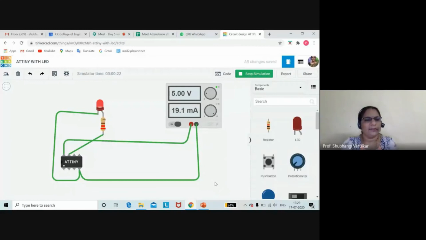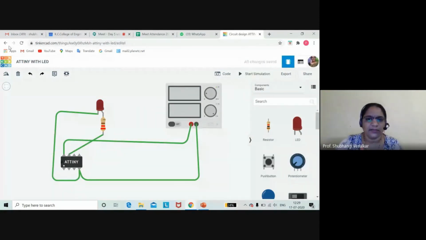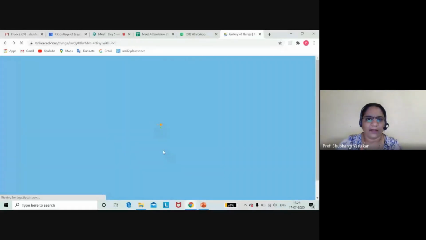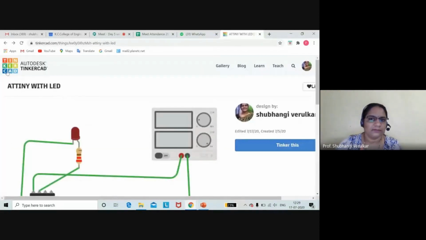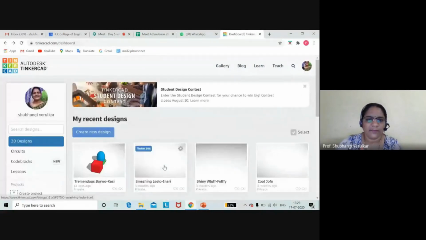You can connect your PIR to ATtiny also. A lot of circuits you can do by using the ATtiny controller. Okay. So this is for your ATtiny. Again, I will have some circuits with the ATtiny controller. So like this, whenever you want, you can tinker it once you design your circuit.